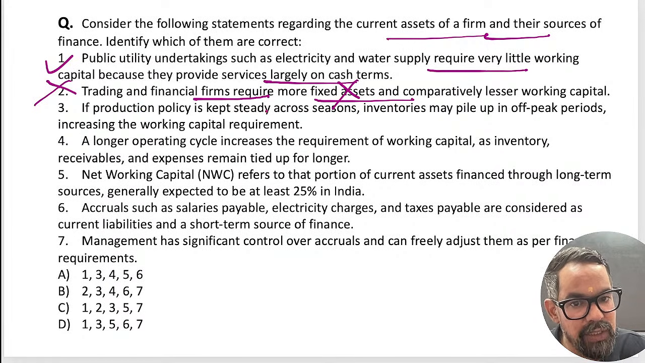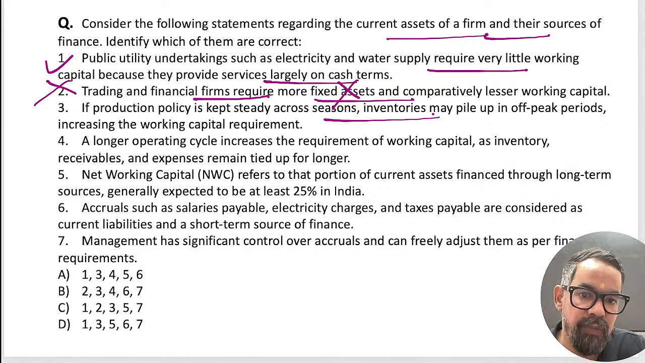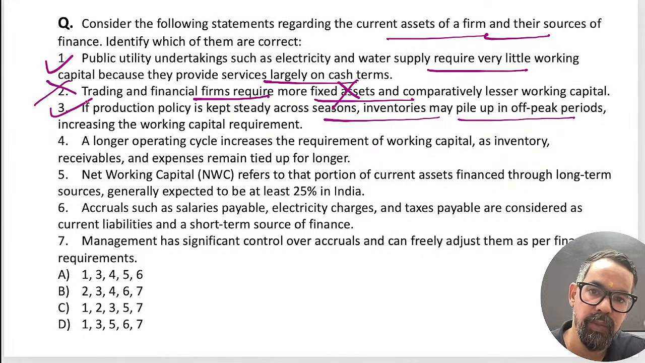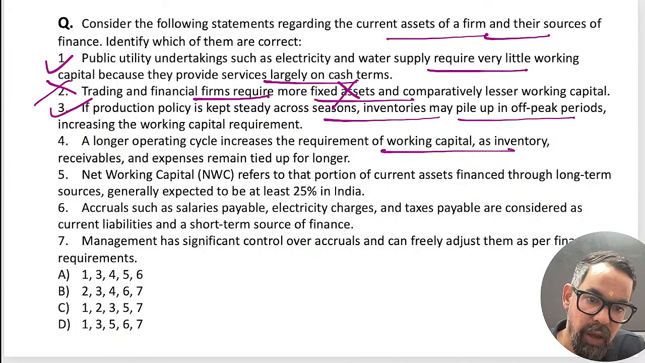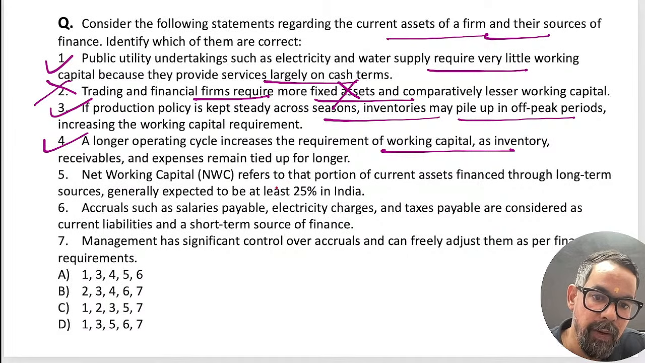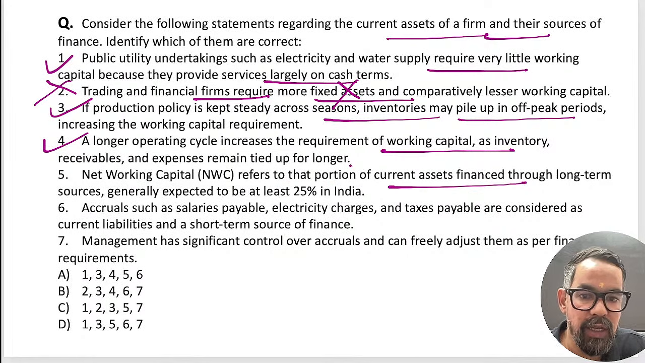If production policies are kept steady across the season, inventories may pile up in off peak periods. True, if you are producing things at the same pace, then during a lean period there will be more inventory with the company. A longer operating cycle increases the requirement of working capital. Absolutely right. The next one, net working capital refers to the portion of the current asset financed through the long-term